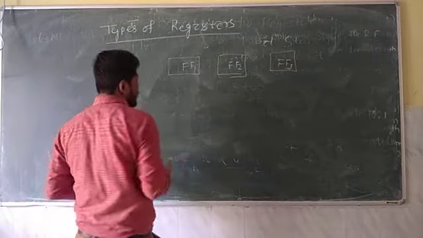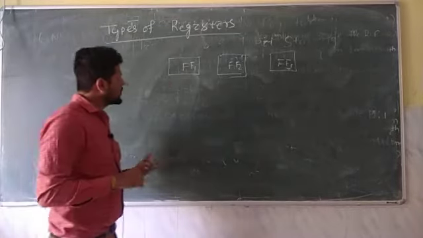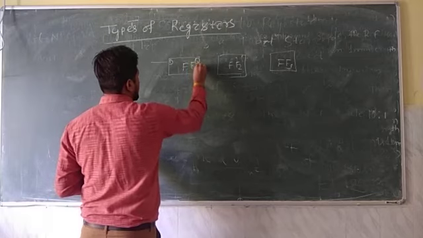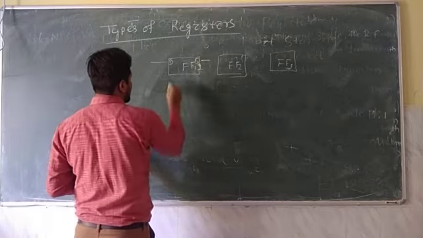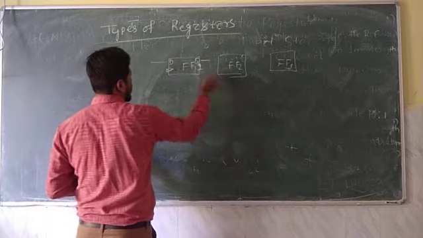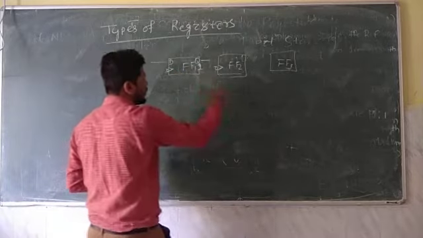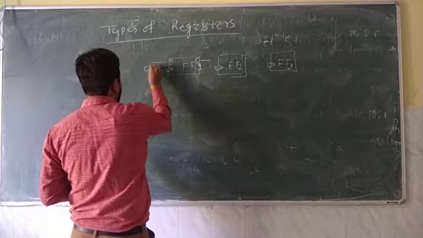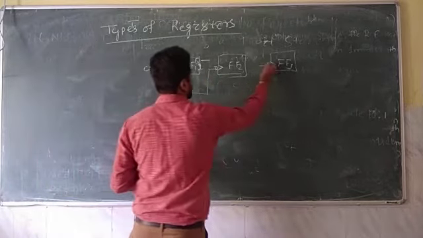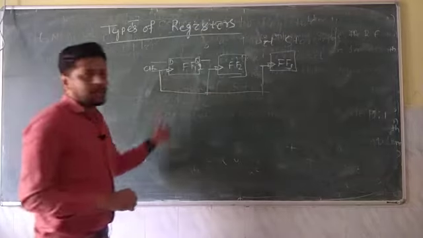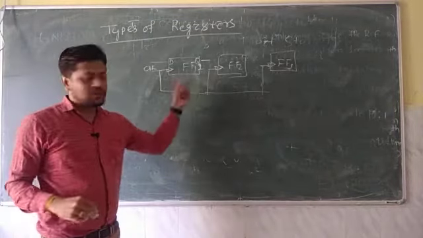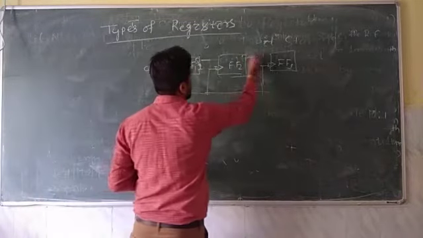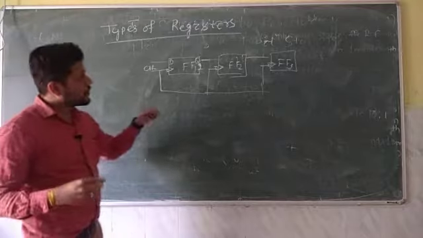Always remember what you have studied in flip flops, that a flip flop has an input. Suppose this is a D flip flop, that is the input, and this is your output, and this flip flop is operated through a clock. This is your negative edge trigger clock. I am applying the same clock pulse to all the flip flops. So this is connected to this, and this is connected to this flip flop. So we need to store 1 bit.